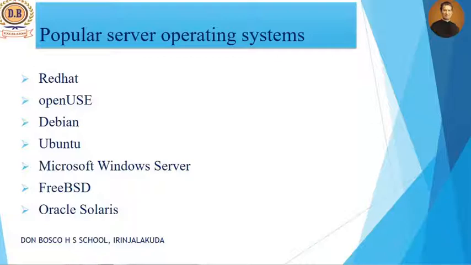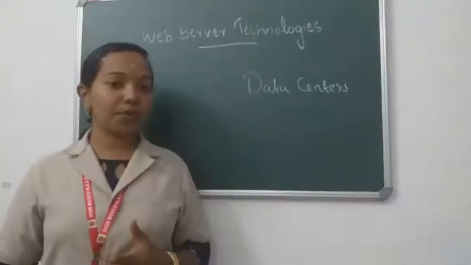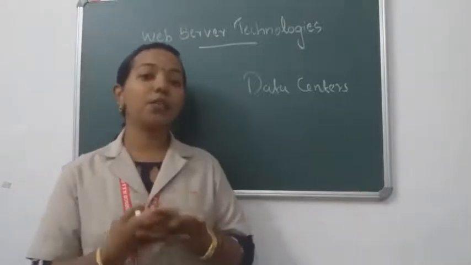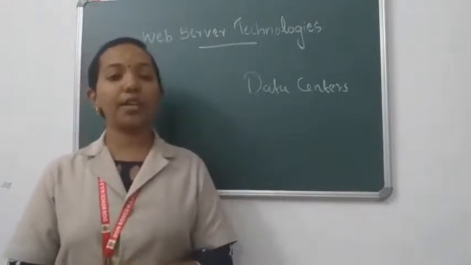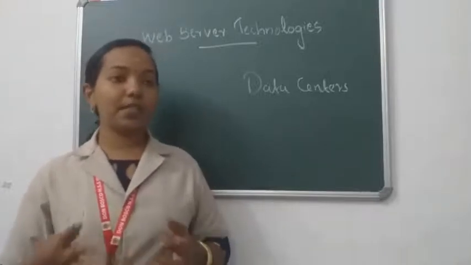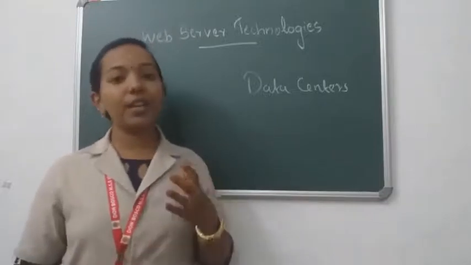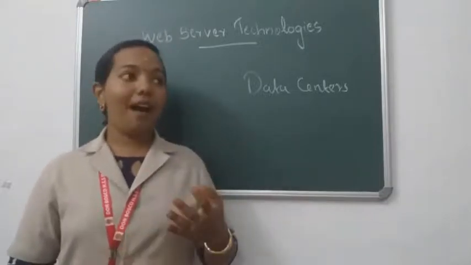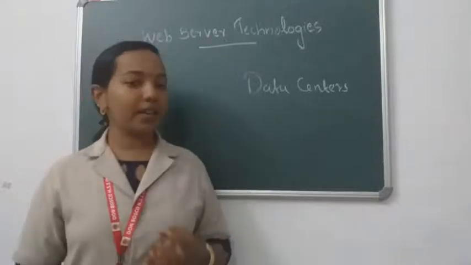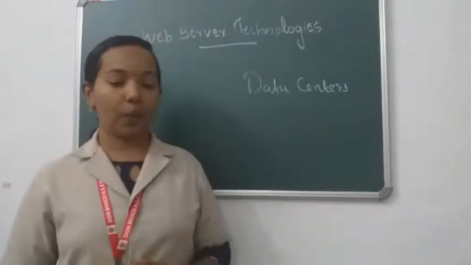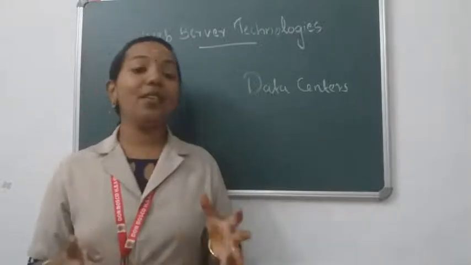Then with the help of this we can set up a server. Web server software is installed and configured according to our usage. Once the server operating system is installed, the next procedure is installing server software on that particular system. Server software depends on usage: if we are dealing with marketing, then that software is required. Otherwise, if we are dealing with school management, then many databases are required. So according to the choice, we are setting up a web server.